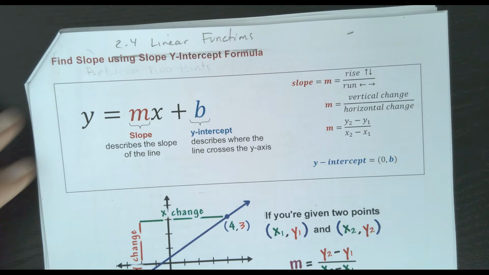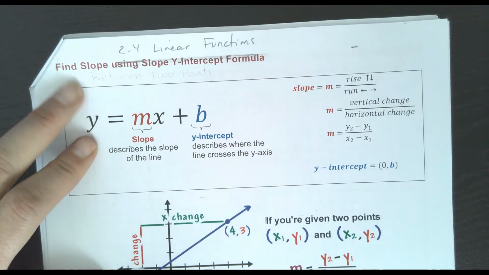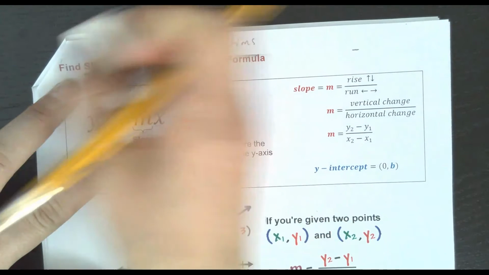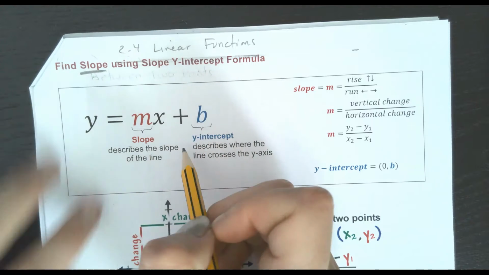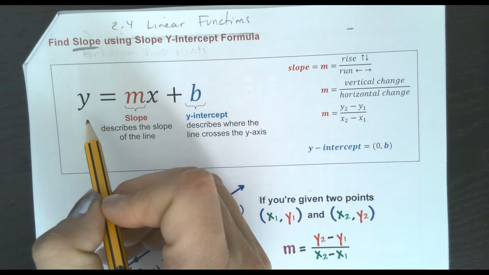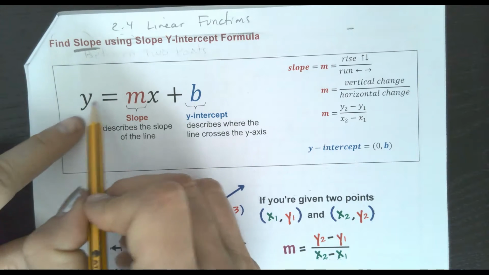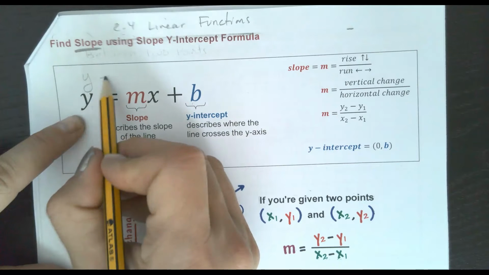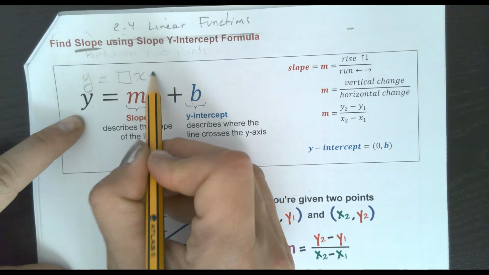Four linear functions, and we're going to find slope. And we're going to talk a little bit about the slope y-intercept. Okay, so we did standard form before. Now this is the slope y-intercept formula. So if I have y equals some number x plus some number,